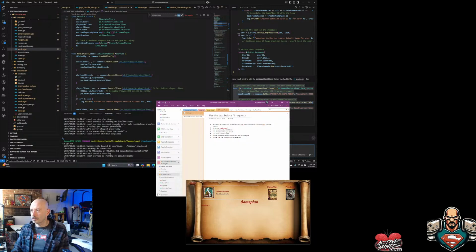Let's not use the client, or rather, please model the client connection after the connections in other services. Such as